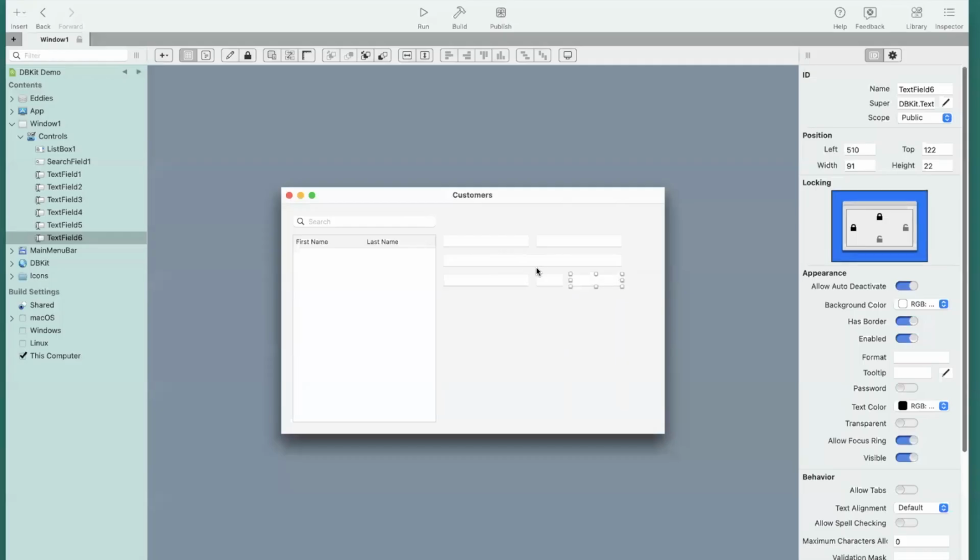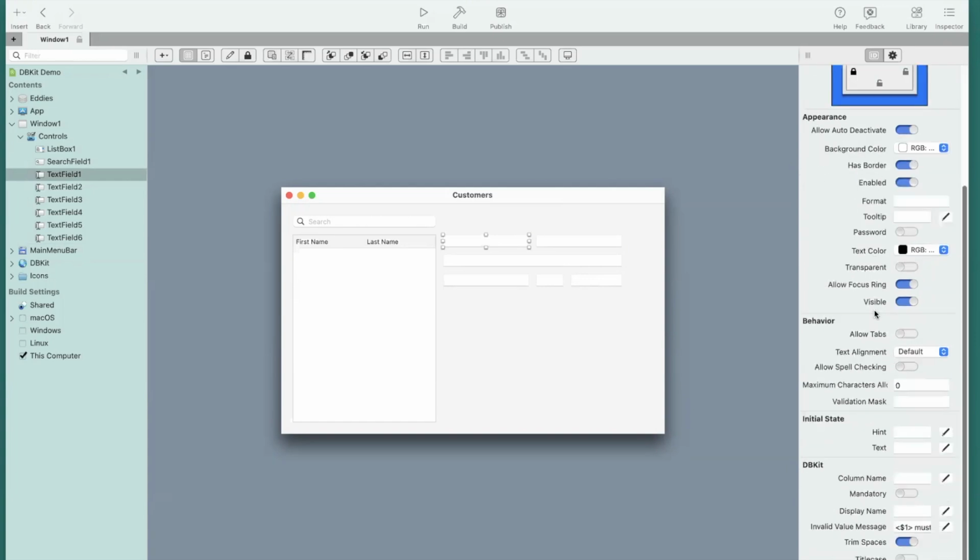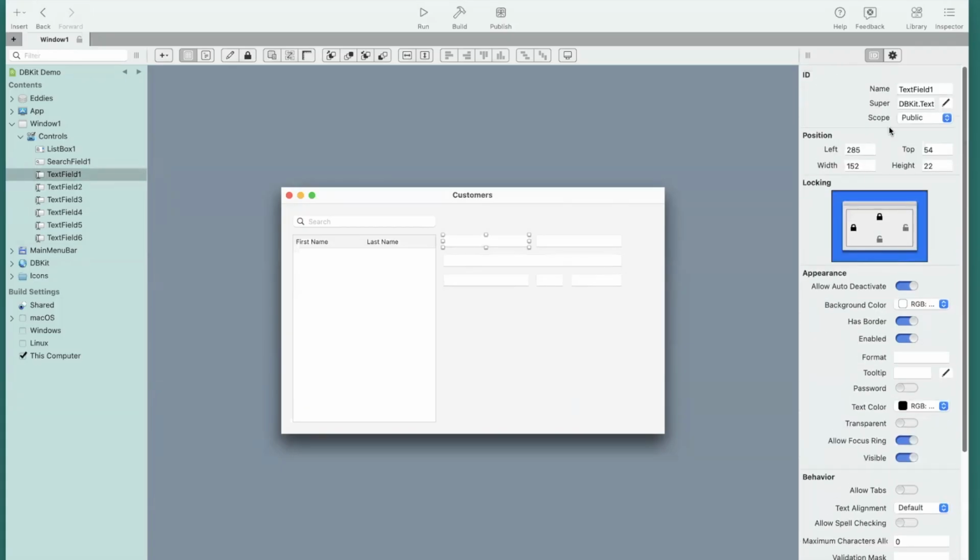Okay, so I've got some fields here, but the next thing I need to do is tell it what's going to go in each field. The good news is, because they're DBKit controls, you can tell it which column name, you can tell it if it's mandatory. You know, there are some options here. If you just name the control the name of the column, that will be enough. So I'm going to call this first name. I'm going to call this last name,